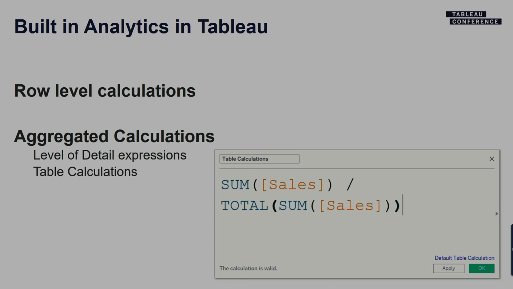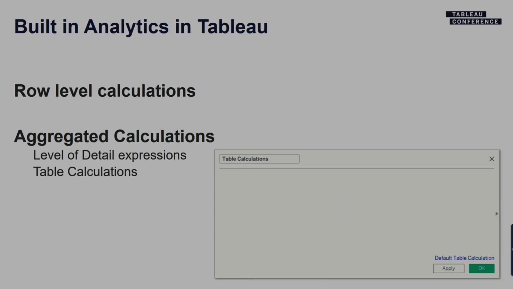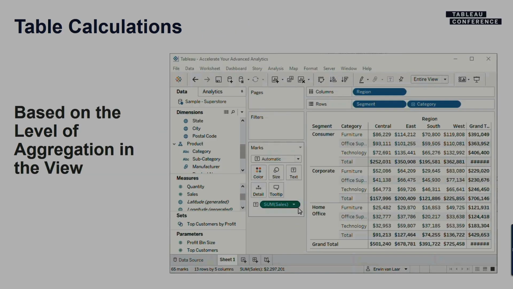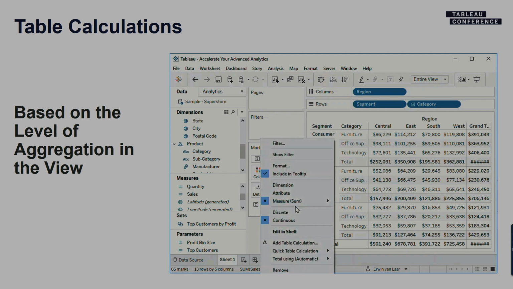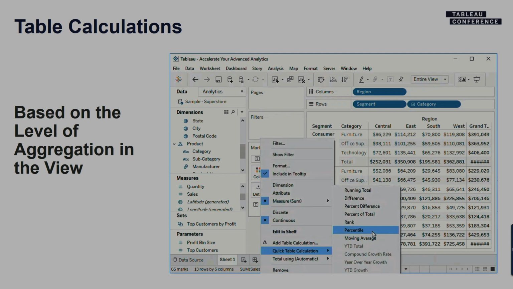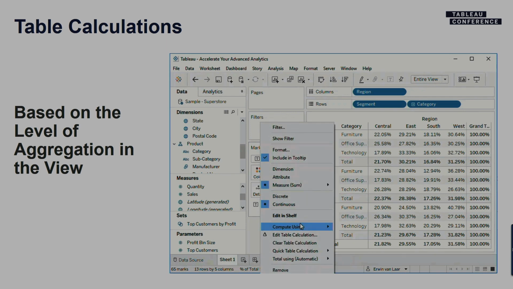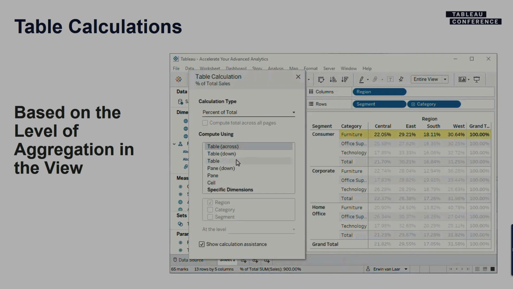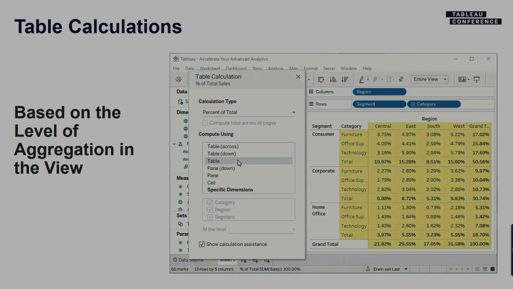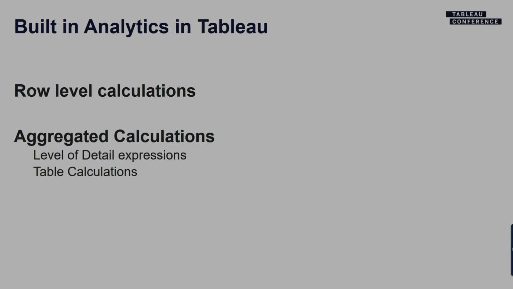Now keep an eye out for table calculations because they will become very important when we're talking about the external services connection. The calculation of a table calc is one thing, but the second thing, of course, is the direction of that computation. If we look into the product, we have these table calcs already available as quick table calculations. You just select a measure, do a quick table calculation, and select percent of total. But we see that they're being run across a table horizontally. So we can tell Tableau the direction of the computation, either across, or maybe we want to run it down, or across the entire table. Once again, these table calculations will become very important when we're talking about external services.